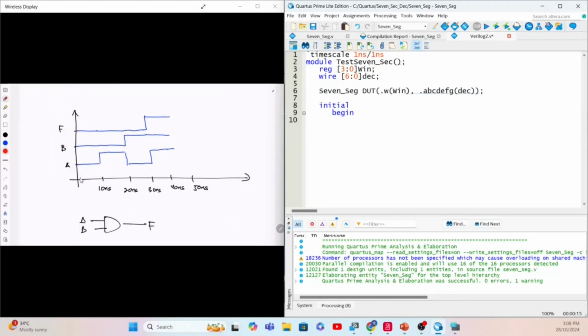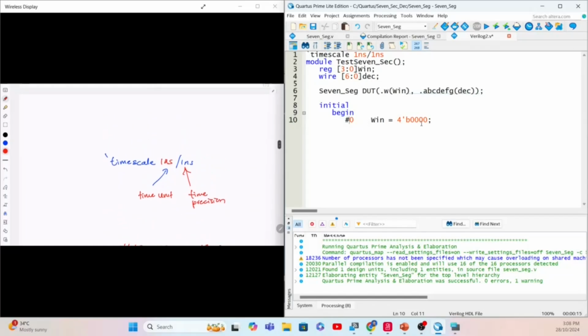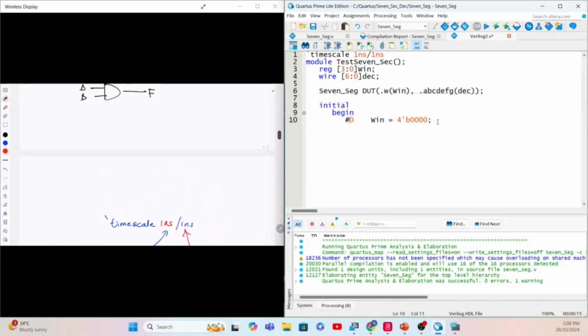So you can have the input, and this is very important, because remember that in simulation we need to specify the time, at what time we want this WIN to be 0, for example, or bit 0. So at what time? At 0 second, right? We start at 0 second. To write that 0 second is like this, just like I explained here. This is 0, which represents 0 second. Okay, so at 0 second we want the input to be 0,